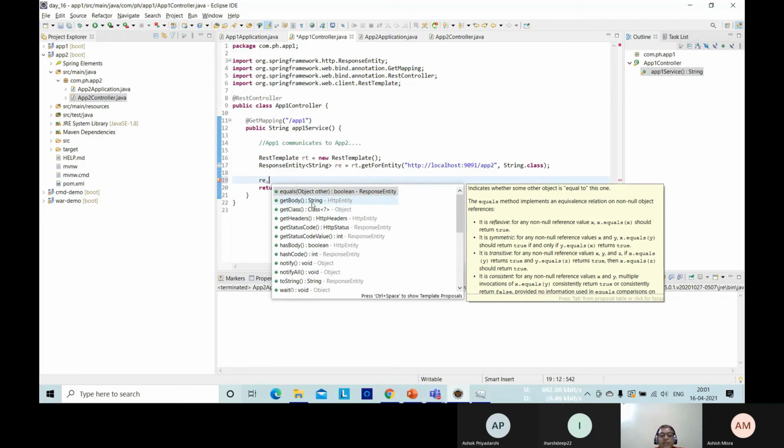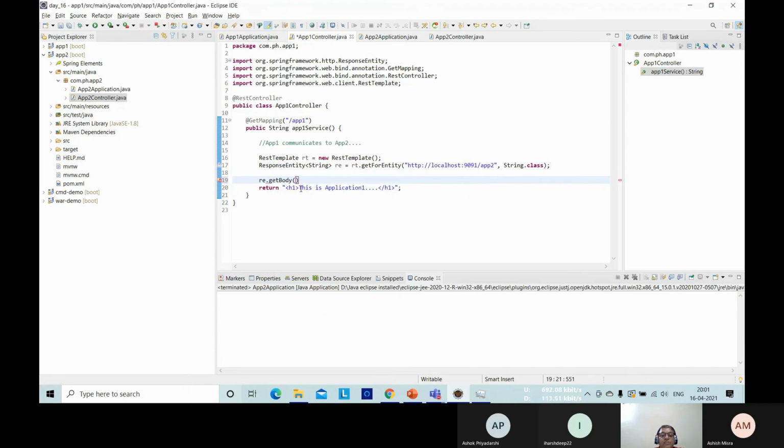Look at the string return type. This is the HttpEntity which is returning, so it returns a string type. Suppose I'm writing RES is equal to this. The value of local variable res is not used.